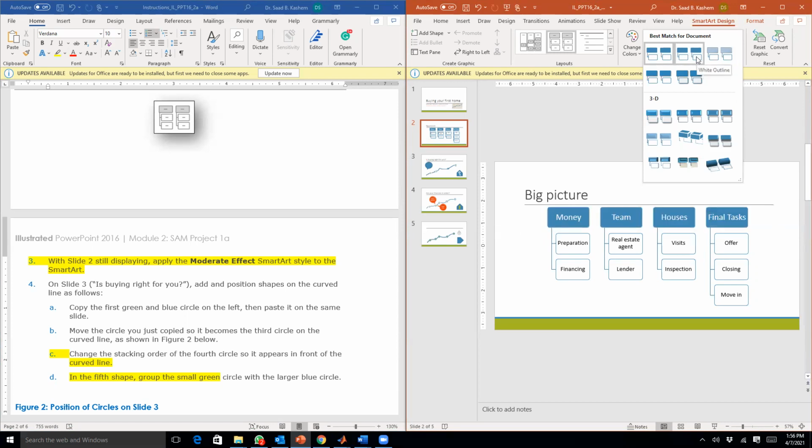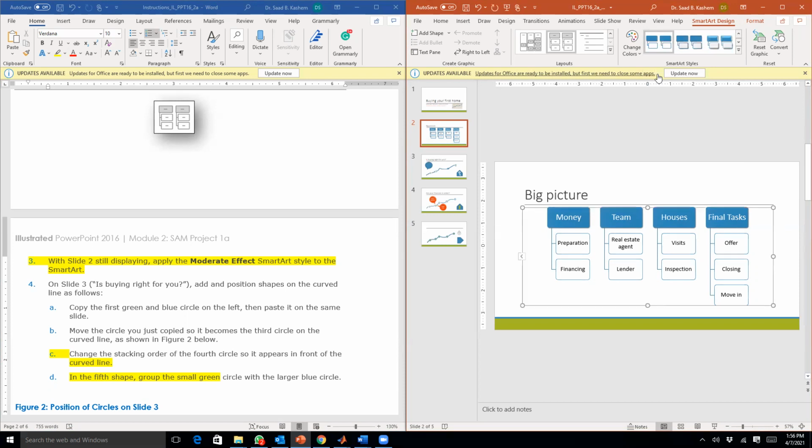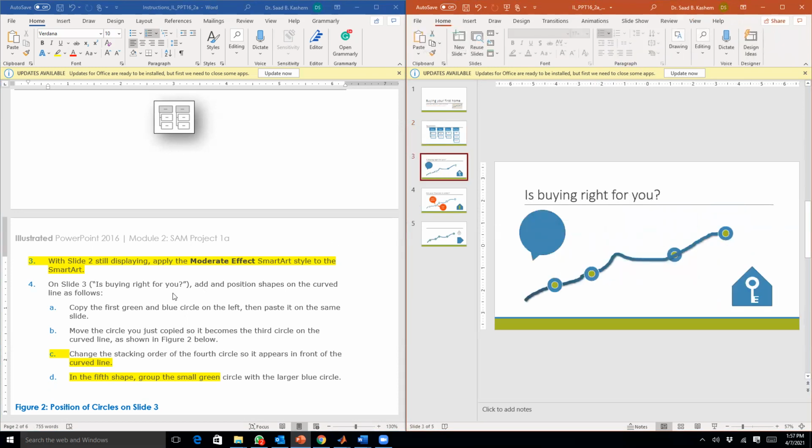So if I look over here, this is not moderate effect. This is white outline. If I go over here, this is the one, moderate effect. So I will select this one. So we are done with question 3 as well. Now number 4 is asking you to go to slide 3. So I will go to slide 3, and it is asking you to,